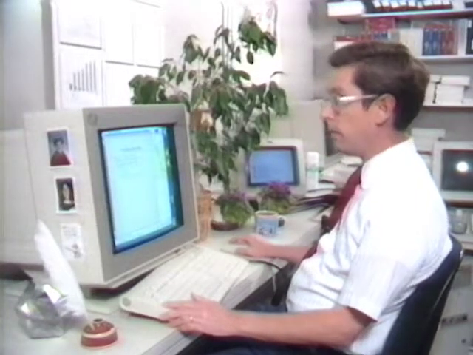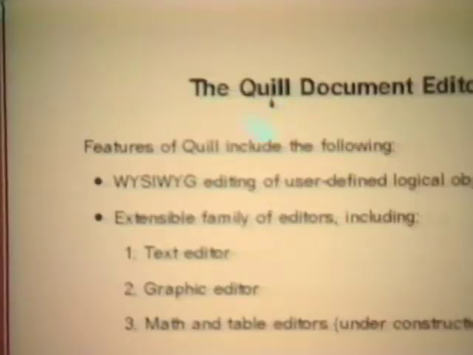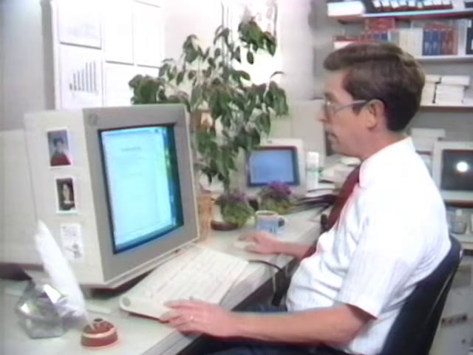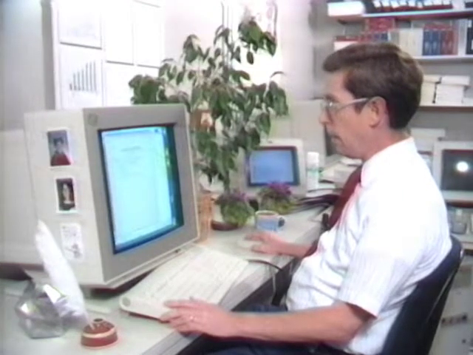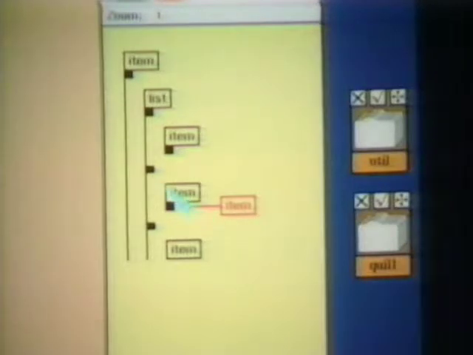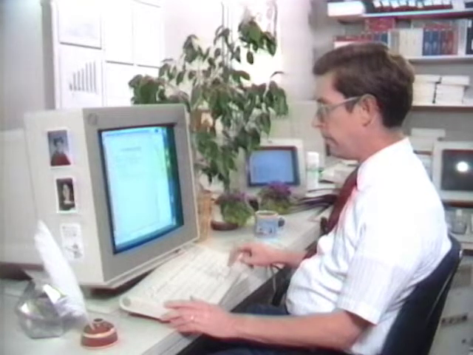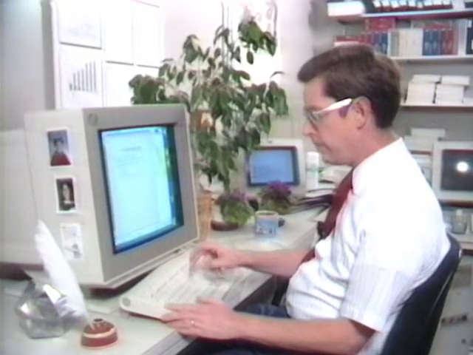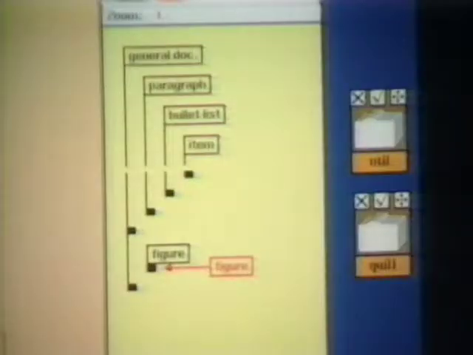Now I can click on different parts of this document, like the heading, or the paragraph, or an item of a list, and I can look in the logical display and do the same thing. I can navigate by touching an item or even the space between two items. Now I'm going to go to the end of the document, and at this place I'll call for a figure